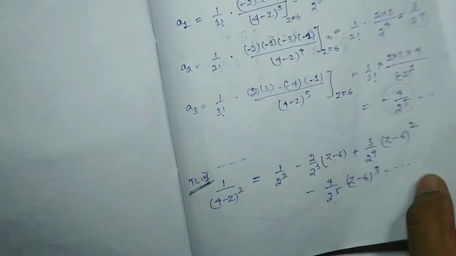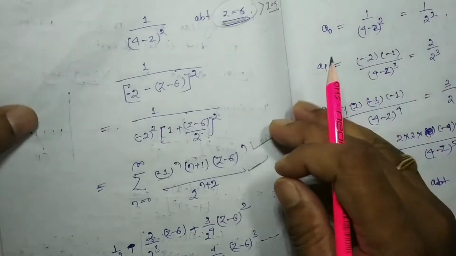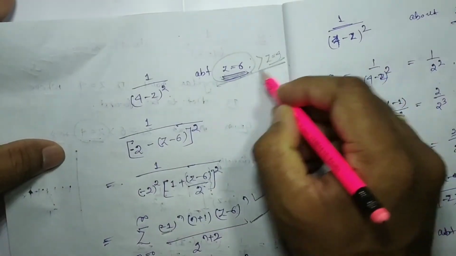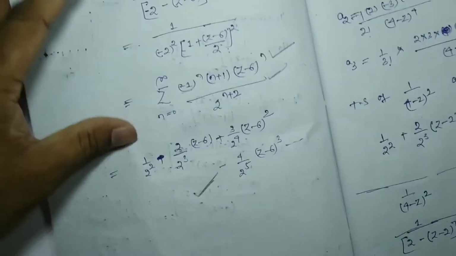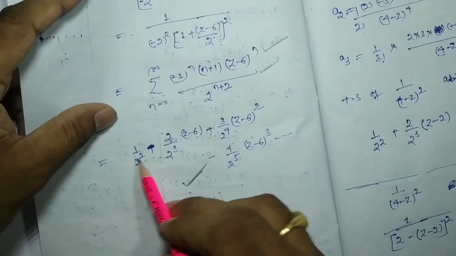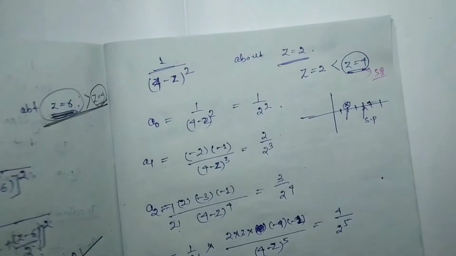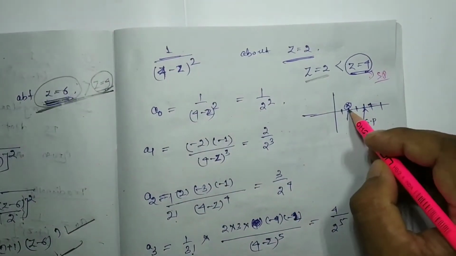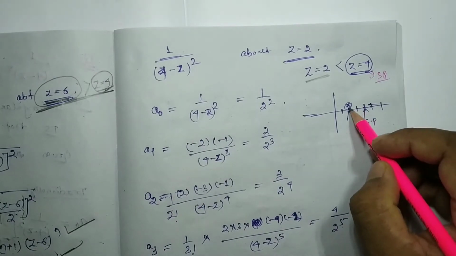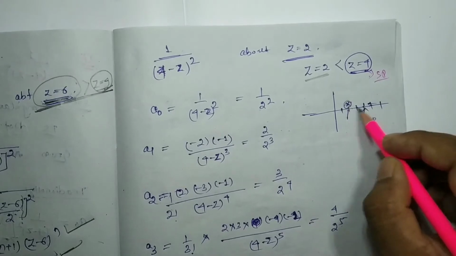Here you just remember that whenever we considered a point which is greater than the singular point, we found the series in the plus minus format. Okay, now we are going to consider a point which is less than the singular point. This is your 2. 2 is the point where we have to find the Taylor series, but here this is your singular point, and this point is less than the singular point.